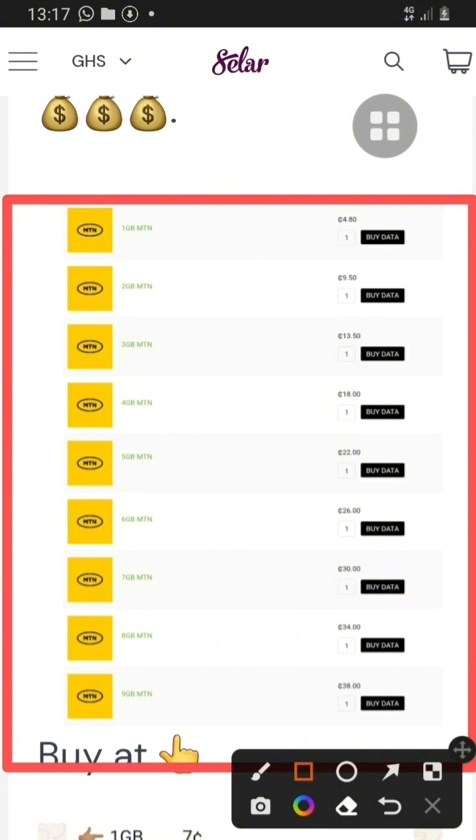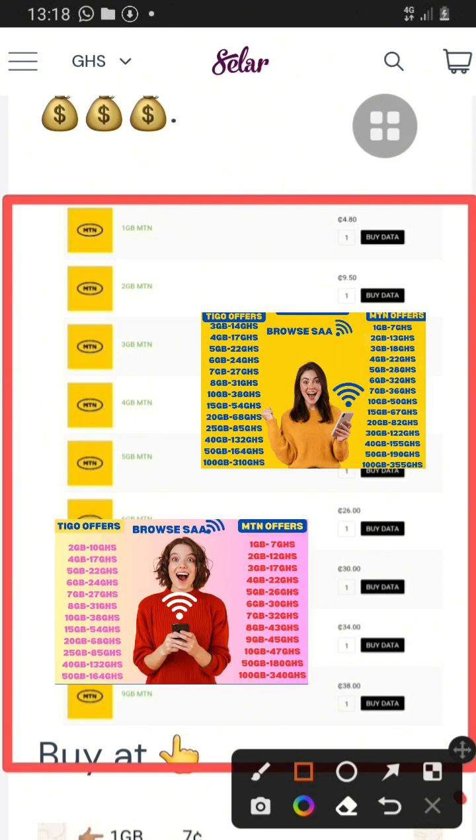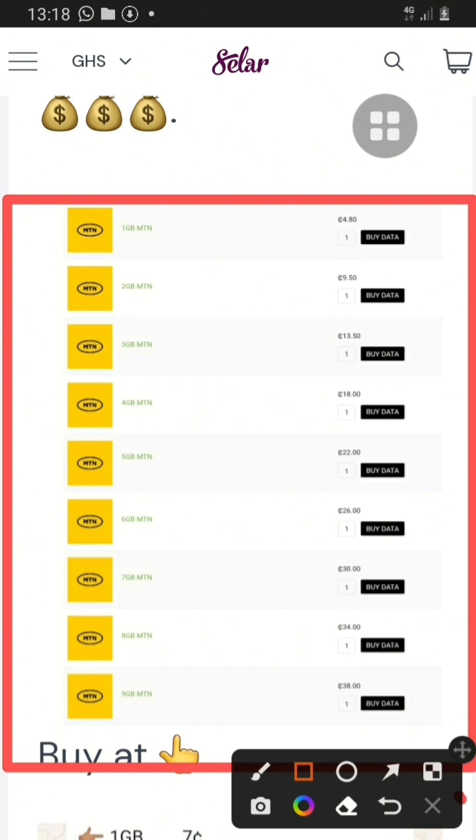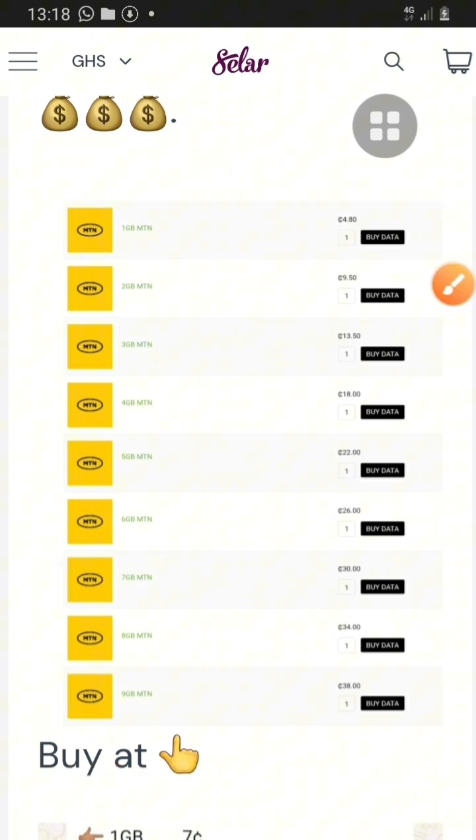It's non-expiry, like the MTN *138. It's non-expiry, which means if you don't use it, it will not expire. So to your friends at 7 cedis, 6 cedis, or anything above 6 cedis, then you can make a profit of 3 cedis or 2 cedis, just like that, without any inventory. Maybe you have seen some flyers of people posting about data bundle business. There is the same site that you are using to make that kind of data bundle business, and you too can do the same.